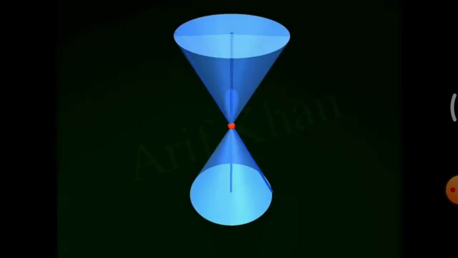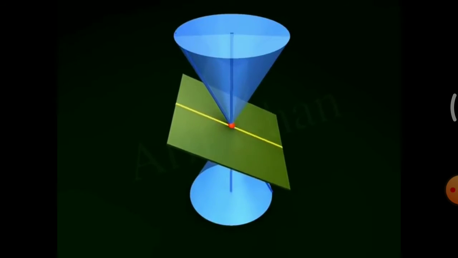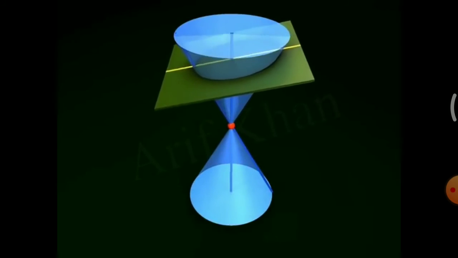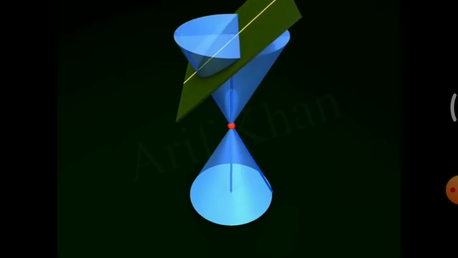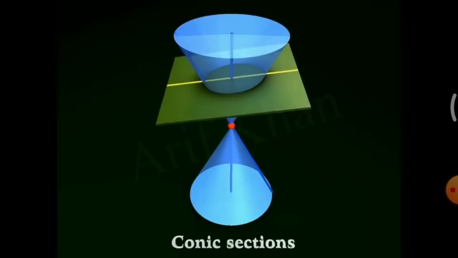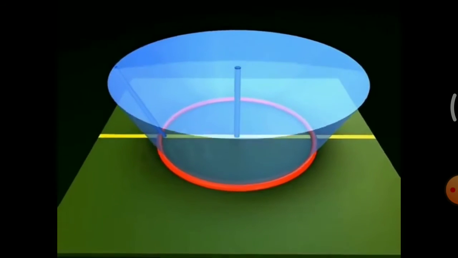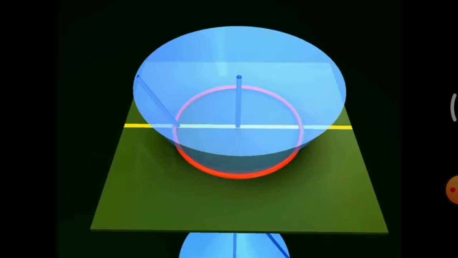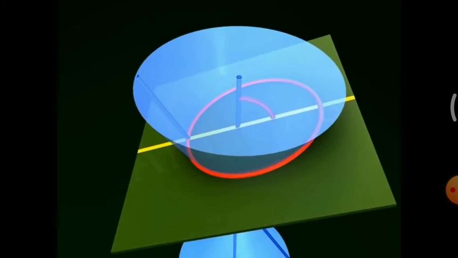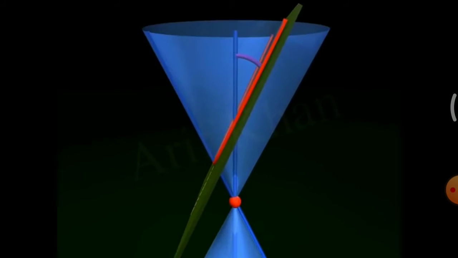So in these conic sections, how the plane is cutting through, we can see in this. If a plane intersects a double right circular cone, two-dimensional curves are obtained in types, and these curves are called conic sections. So first of all, it is a circle. Depending on the angle made by the plane with the vertical axis of the cone, the plane can cut the cone in three different ways.